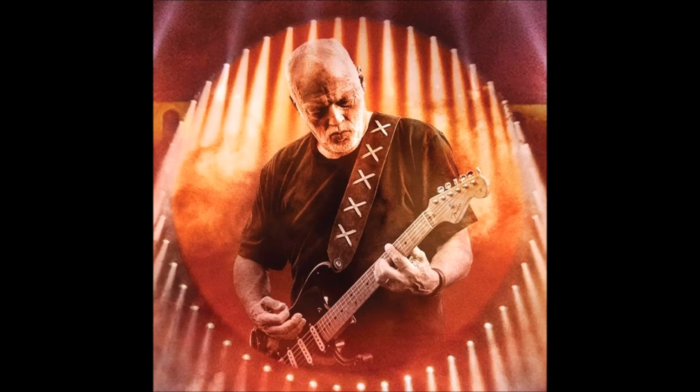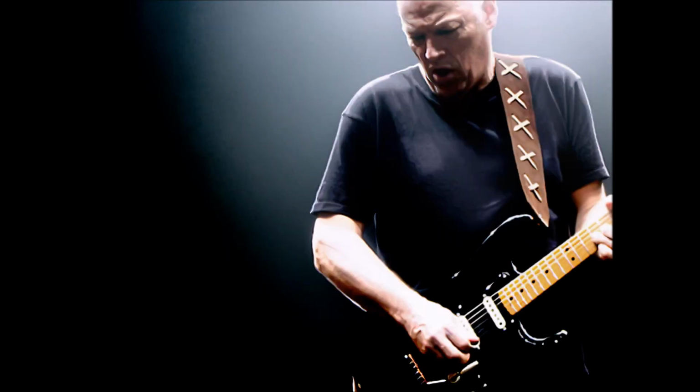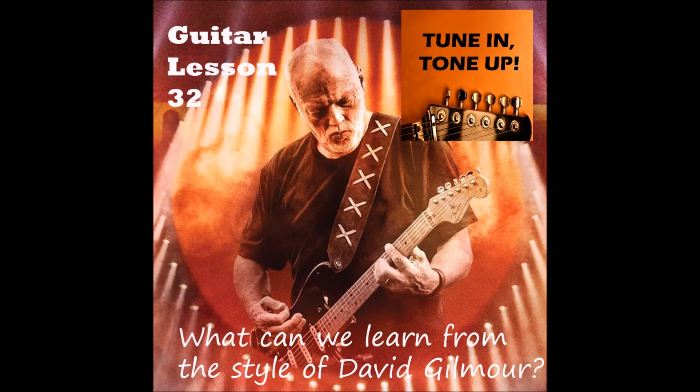A good exercise to do is go up the C major scale in bends. So start on the B. I would start on the 5th fret of the G, so a string that's more akin to bending. And we go from C